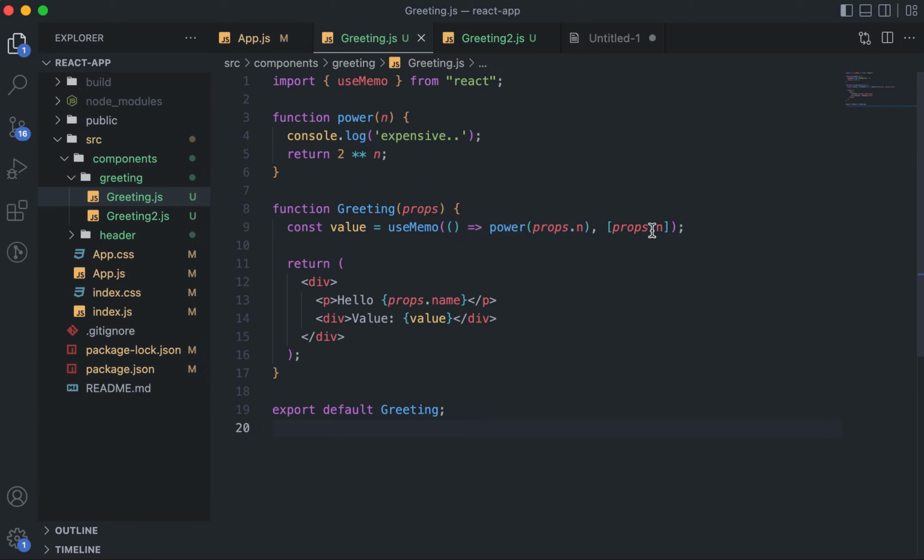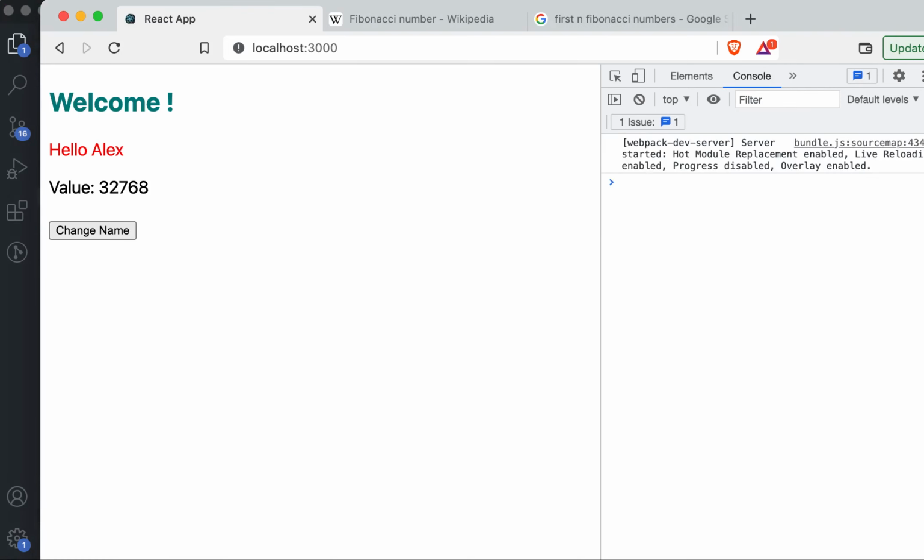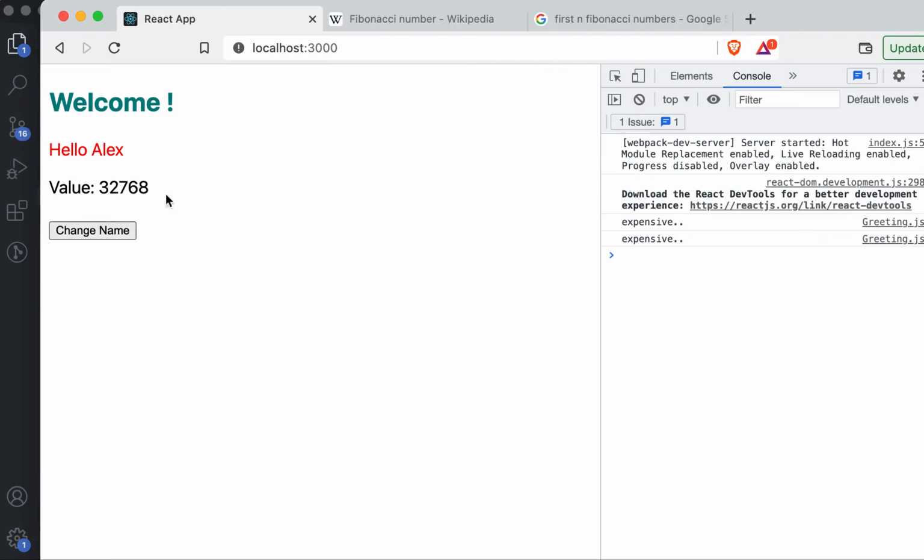let's say if this thing is changing, whenever this thing is changing, then React will call this function, and whatever is the return value of that function, that is cached. This function is not cached; the function is called, and whatever is the value when I call that function, that value is cached. Okay, so now you can see that the behavior will be same, so the answer will be same, and